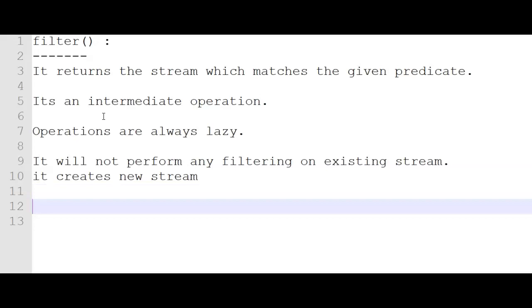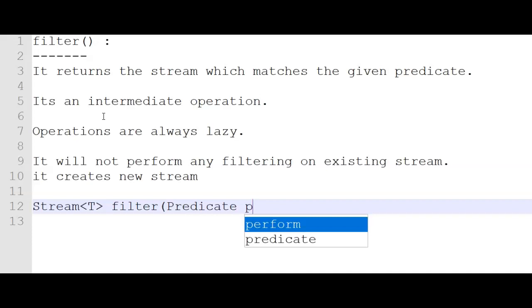The filter method is like stream.filter, and here we'll be giving the predicate. Whatever the condition, whichever elements match the given predicate, those are returned from the stream.